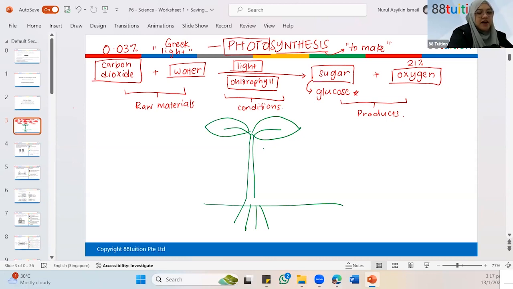Okay, yes, but I'm not going to draw fruits and flowers here because I am focusing on photosynthesis. But yes, they are considered to be parts of a plant. Is that all for plants? You have flower, fruit, leaf, stem, roots. Okay, so only 5 of them, but you also need to only draw leaf, stem, and roots. Let's label them. Whenever you draw a diagram, make it a habit to label.